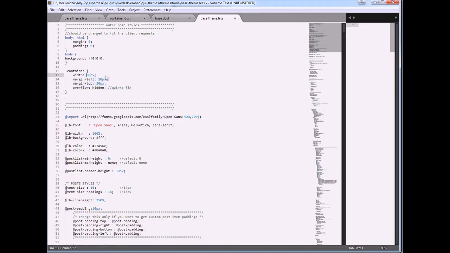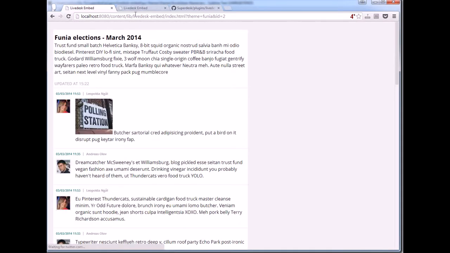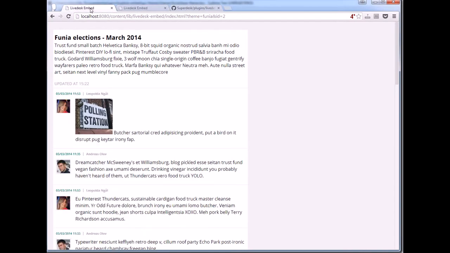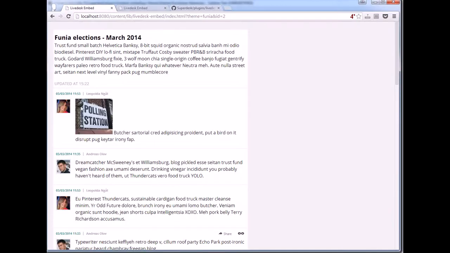For example, I will increase it by 100 pixels. Save all. Let's see what I have. Okay, seems like we need a little bigger line height. Okay. This will do the job. Nice.